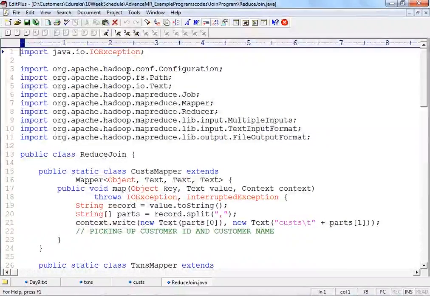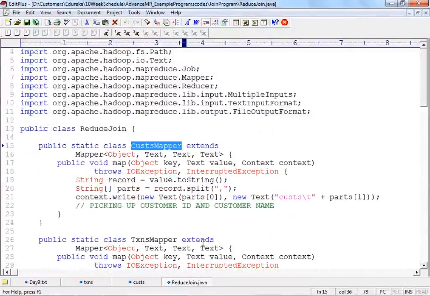The customer ID is always going to be the key in both the data sets, so the shuffler will ensure that all the values of the same key go to the same reducer, and then we will do some analysis. Because what do we want? We want to find out the number of items that an individual user has bought and the total sum of the transactions. Okay. So first we are going to have a cust mapper, that is a customer mapper,